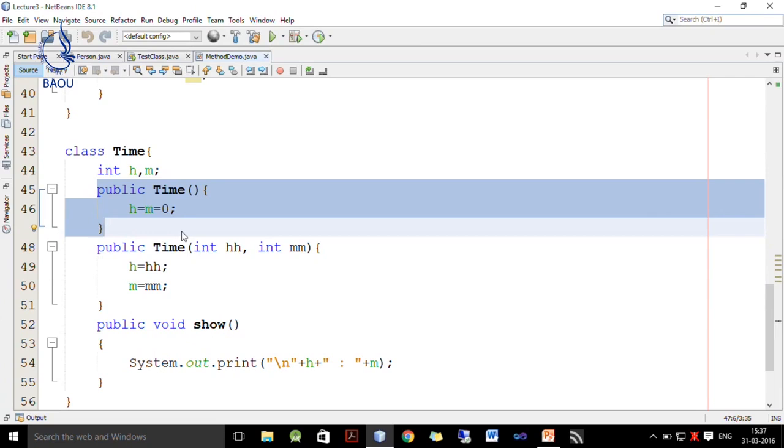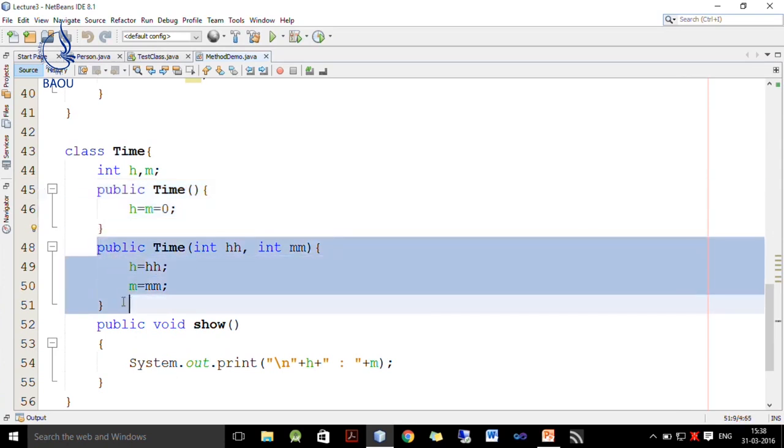This is our default constructor which initializes both hour and minute to 0, and then we have one parameterized constructor which initializes hour and minutes to the values specified.